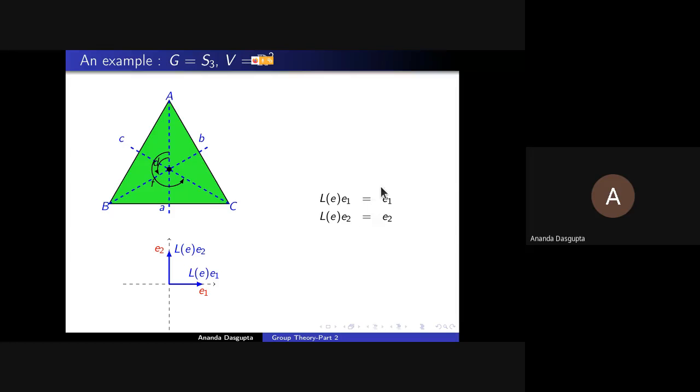The matrix you can write down here is rather trivial, but you can formally write it down using our rule by saying the result of LE on E1 is 1 times E1 plus 0 times E2. The 1 and the 0 form the first column. Remember, it's a column, not the row. First column of the matrix DE. So 1, 0 goes down the column. Here you have 0 times E1 plus 1 times E2, so 0, 1 is the second column. So what you get is this. Of course, no surprises there. That's our familiar identity matrix.